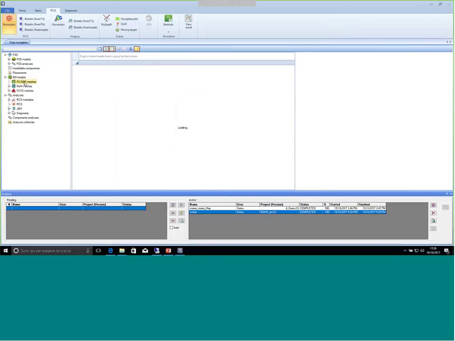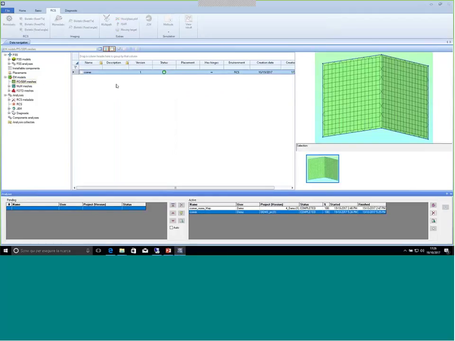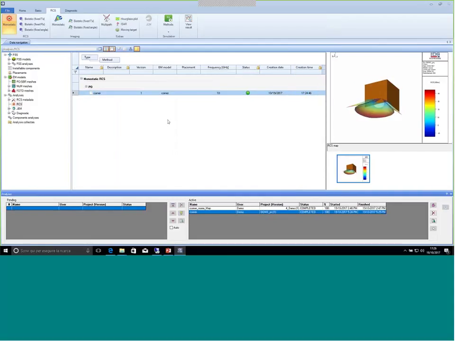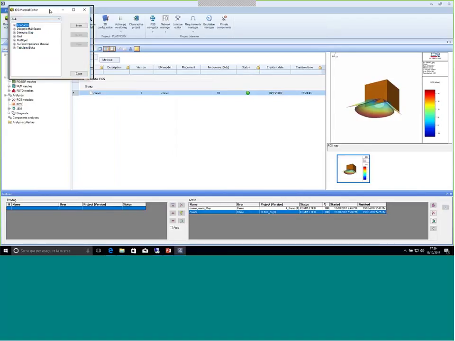So all these features are conceived for helping people to retrieve all the data that maybe they will create during their project, during their activity. So that was just for giving you a very brief feeling on how to create a model, generate a model, and analyze it. Of course, with Galileo, now I have created just a PC corner, but with Galileo EME, we